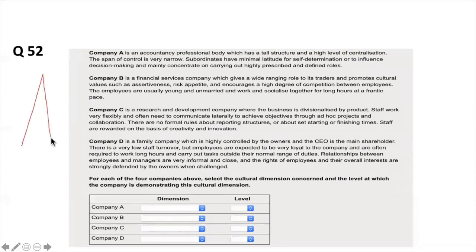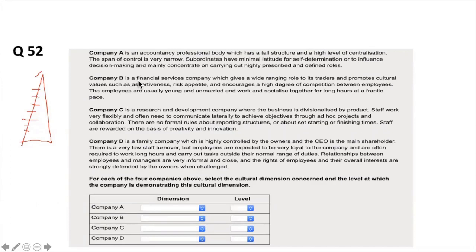It would look like this. So you have a leader on the top and everything, and there's a lot of hierarchy here. Audit firms have this. So you have, let's say, directors and senior managers and associates and consultants, whatever. So you have a high level, and the power is very far away. You can't really see the leader in many cases, or it's not really open. So that kind of reminds me of company A. So that culture, if you remember your cultural dimension, which I will show you in a moment, is more like, let's say, a power culture, I would say. But let's see the rest, and we'll talk about this more in a moment.